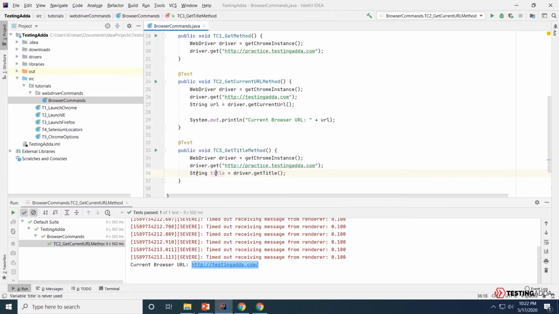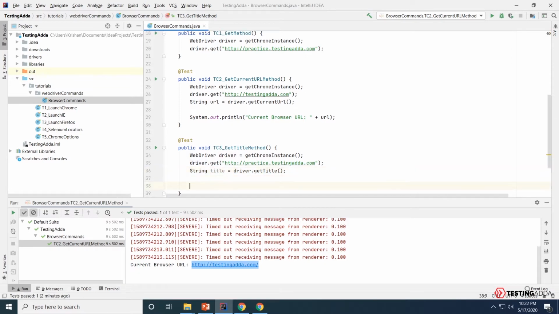So I've accepted that value in a title variable. So what this method is going to return is whatever title is there on the browser instance. So I'll go ahead and try printing the title variable, current web title, and I'll pass the title variable.